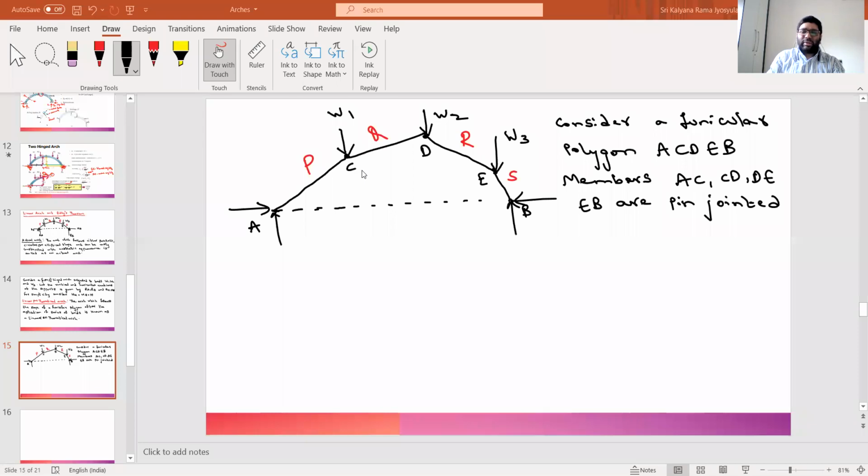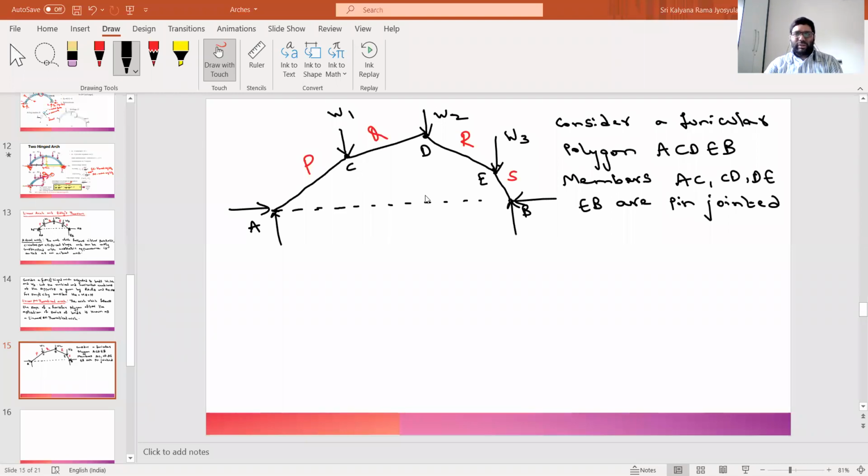In a truss also, we will have the pin joints, and the load can be applied at each and every pin joint. So similarly, the theoretical representation, or the linear. So why has the word linear come into the picture? You can see from every joint the curve is linear, whether it is an upward curve from point A to C, C to D, or the downward curve D to E or E to B. So it is linear. That is why the name was given as a linear arch.